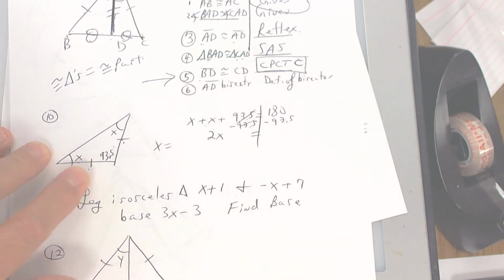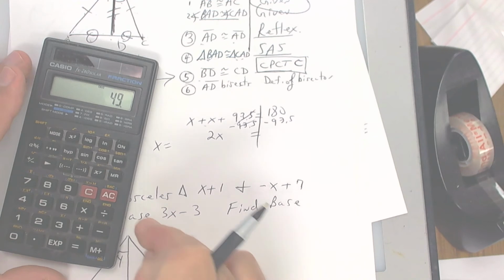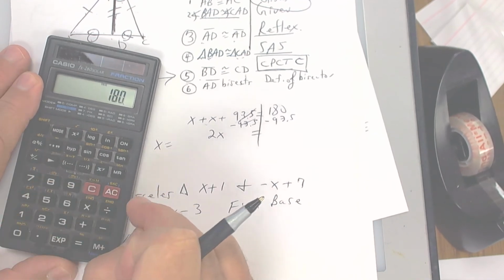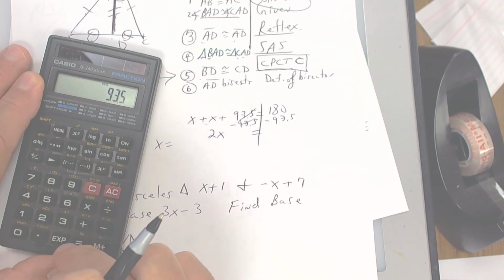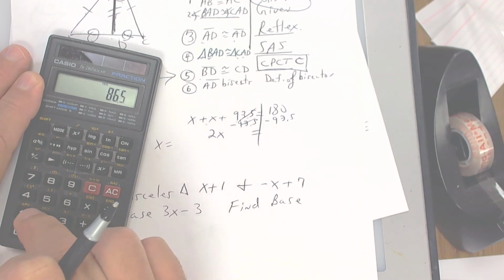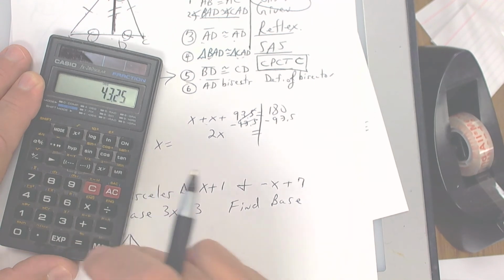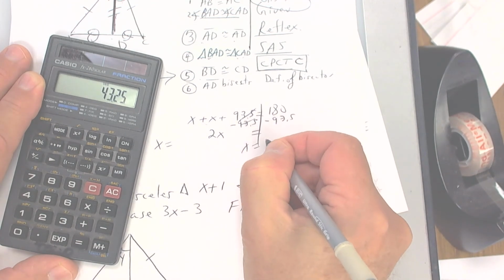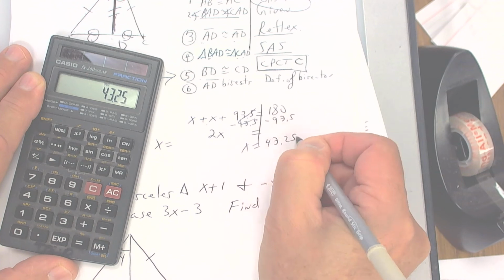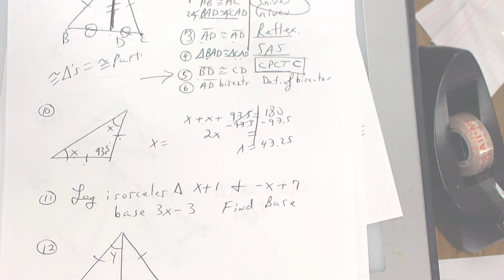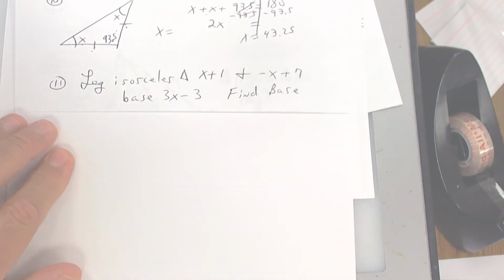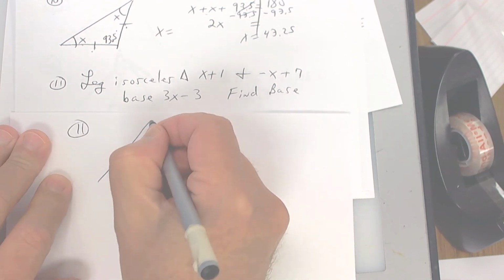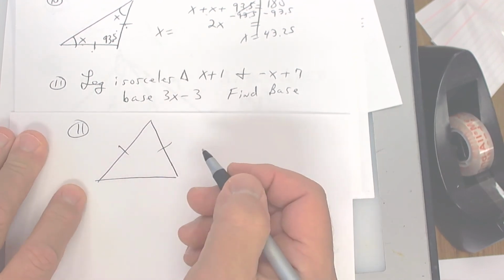So you're going to get 180 minus 93.5, press equals, and then divide by 2. So I get 43.25. Okay? All right, let's keep moving. This one right here is an isosceles triangle, number 11. So draw an isosceles triangle. Look up here, number 11. Draw an isosceles triangle, and the base